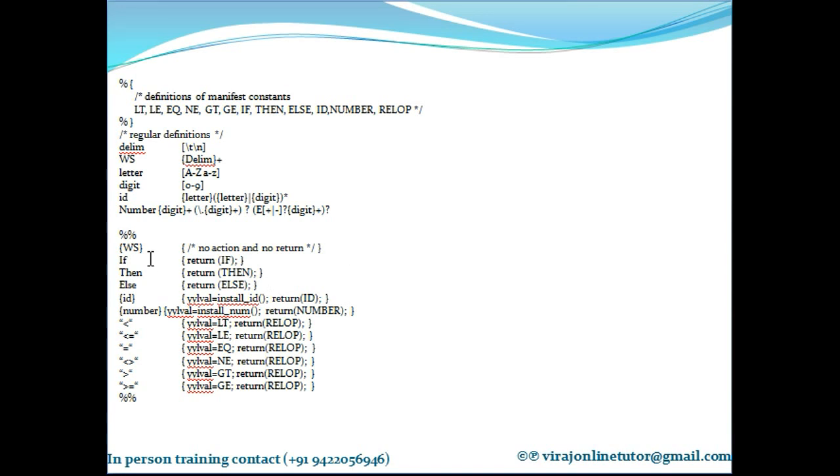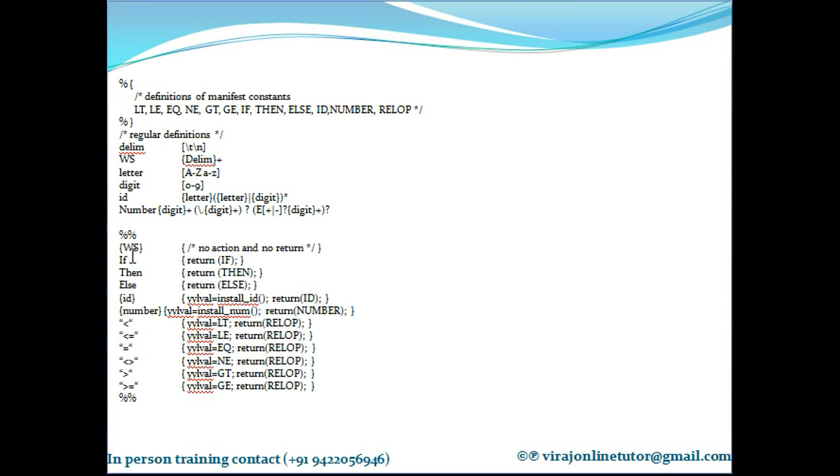Okay. Then comes the translation rules. Now what is a translation rule? A translation rule means if a pattern is matched, perform a particular action. So let's see what exactly the translation rules are for this example. If a white space pattern is matched, where is the white space pattern defined? Here. Now here the white space pattern is defined, right?